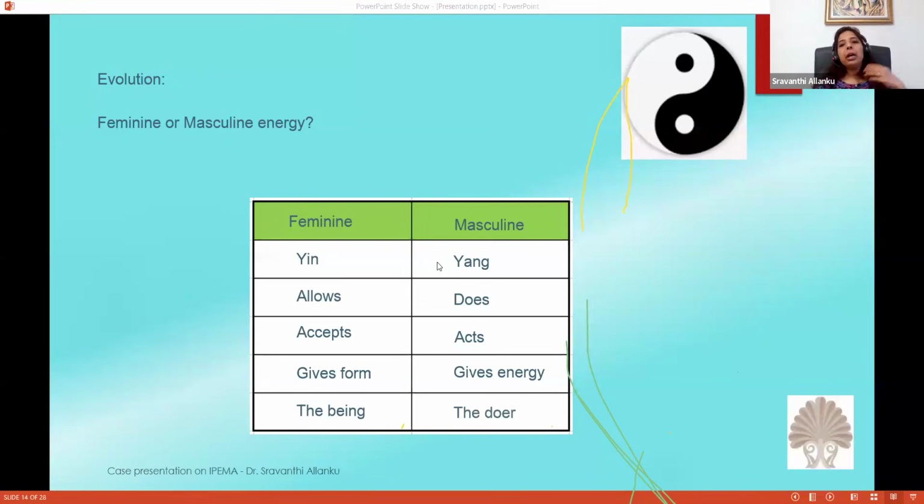Sorry. Now, how do we then ascertain the dominant energy in this patient? It is again very clear, right? There is a lot of masculine energy in this patient. He wants to act, he wants to do. There is a lot of will in this patient. If you're looking at it from a chakra perspective, this is a very good case of chakra 3, C3,